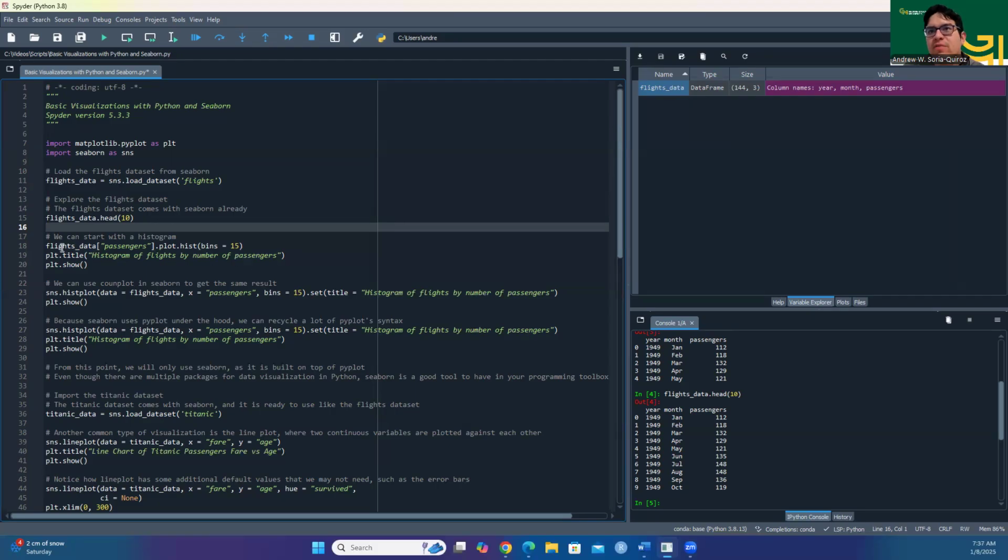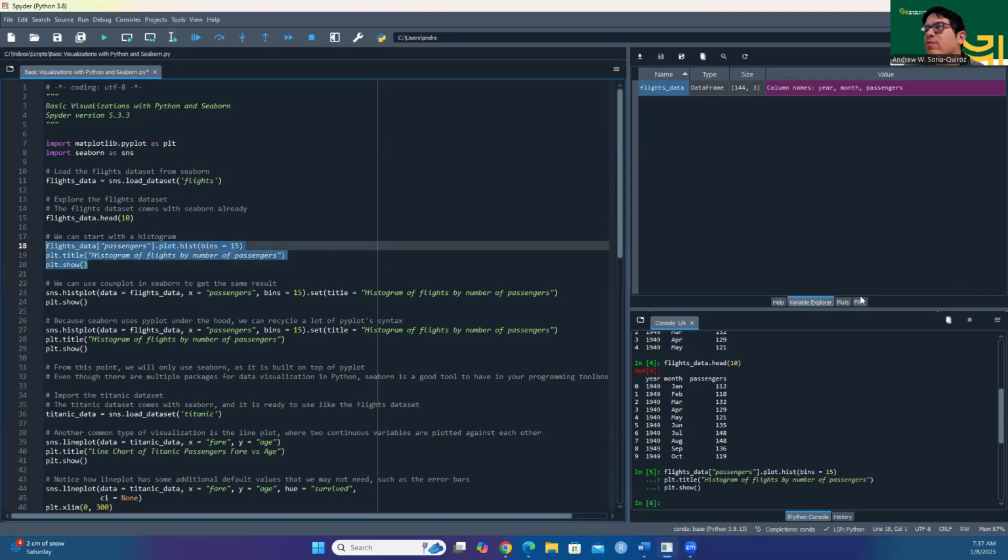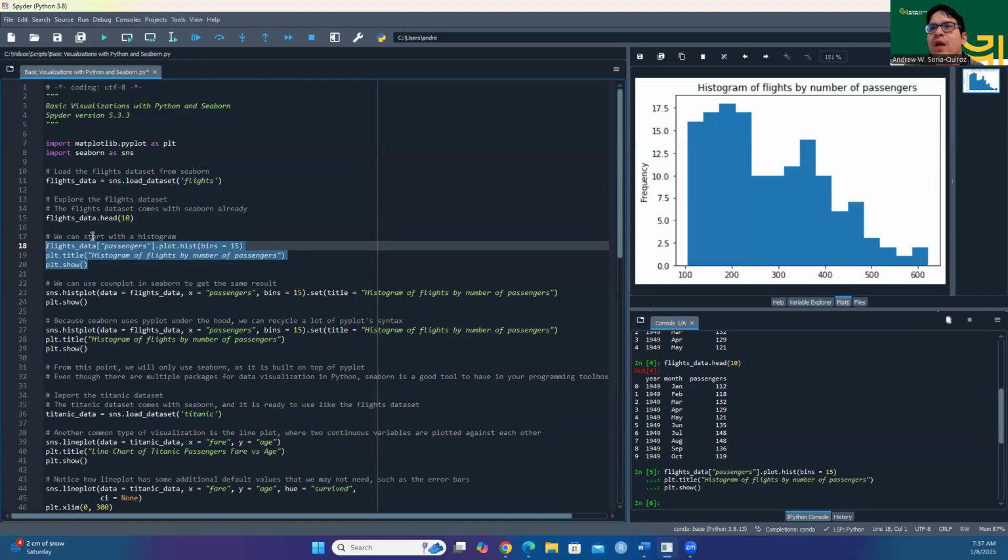With flights data, the passengers column, .plot, .hist, and 15 bins. What I'm saying here, in English words, is: take the flights data, only the passengers. We have seen how to subset a column before. Then use the plot function in matplotlib with the hist argument